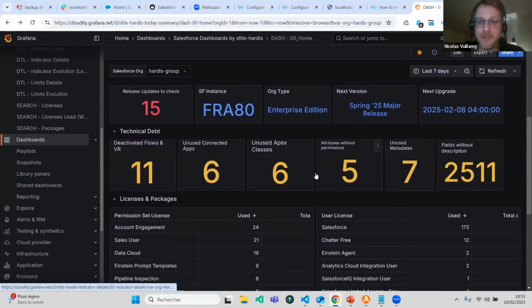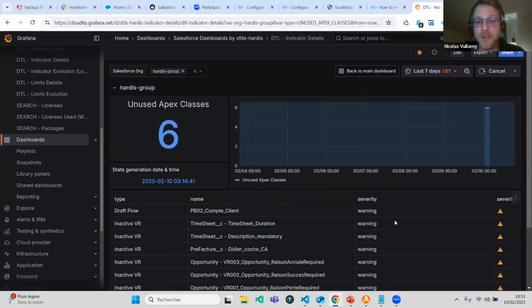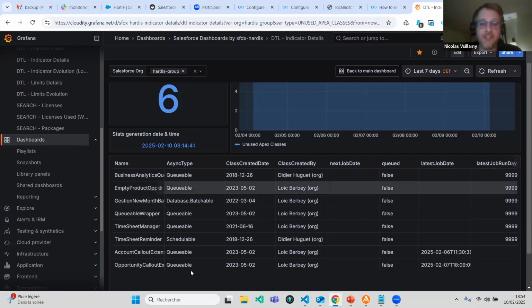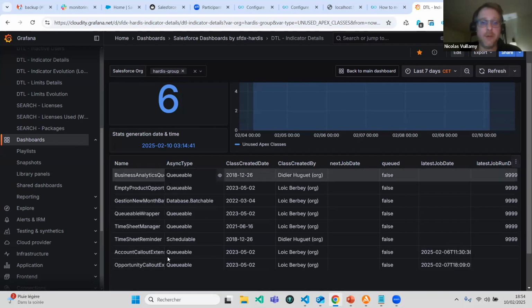We can also have unused Apex classes. So if you have queueable or batchable classes, sometimes on a project you have to create a recovery batch, an Apex batch, and you will use it once and never again in the future. So if you will never use it again, why not keep it in the sources? So this indicator can show you